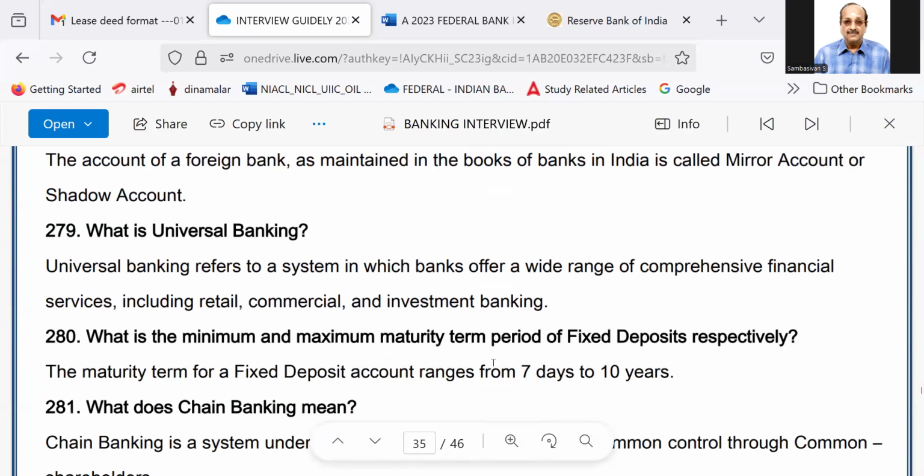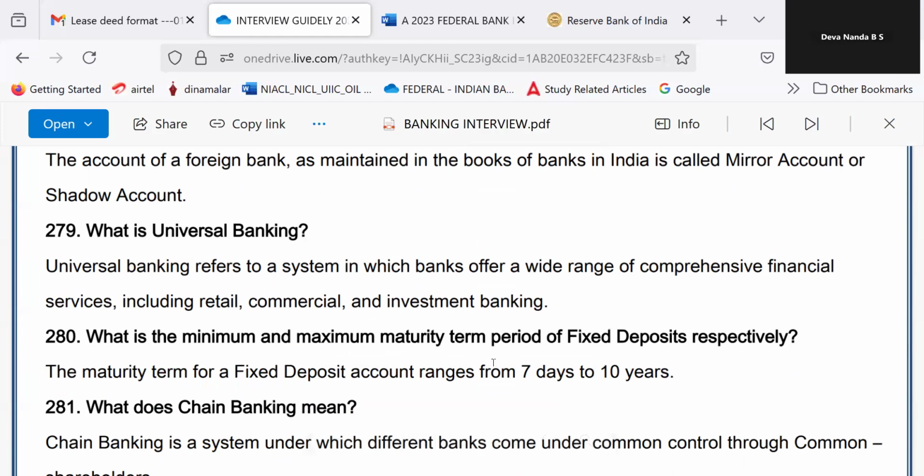Okay, 279. What is universal banking? Universal banking refers to a system in which banks offer a wide range of comprehensive financial services, including retail, commercial, and investment banking. Actually, the Federal Bank is a universal bank because they take deposits, they give advances, they do para banking services like bancassurance, canvassing of insurance policies, mutual fund collection, and they also do wealth